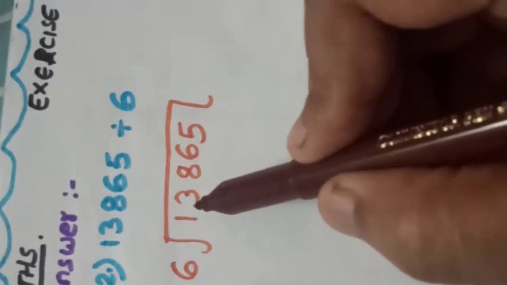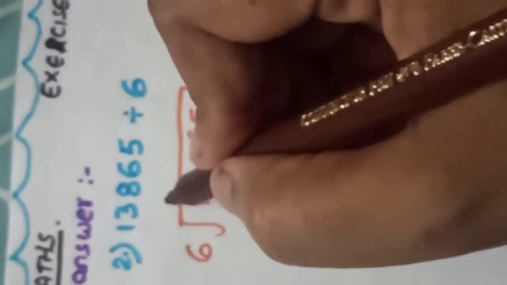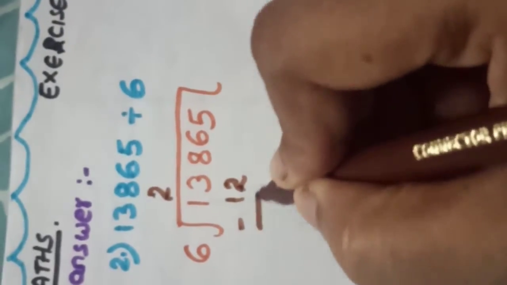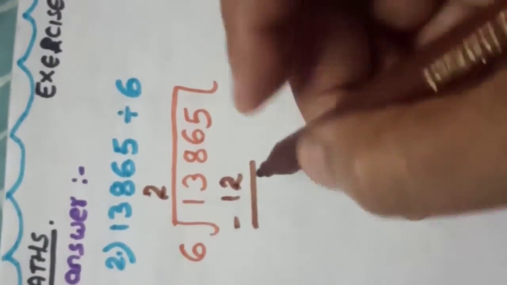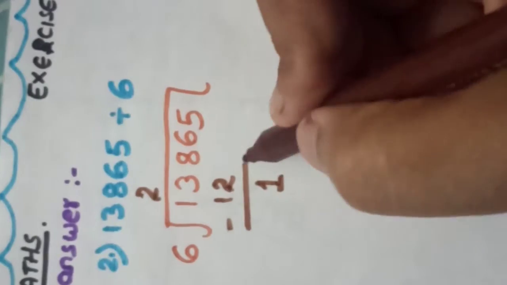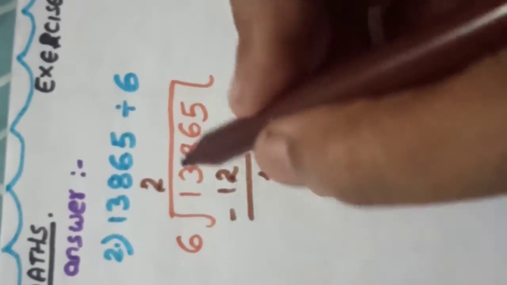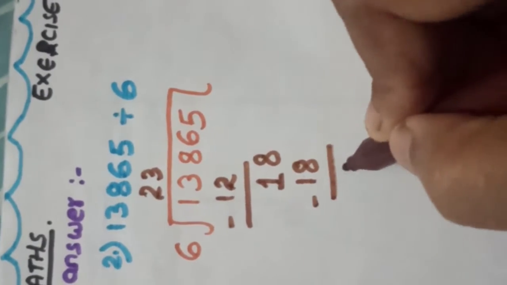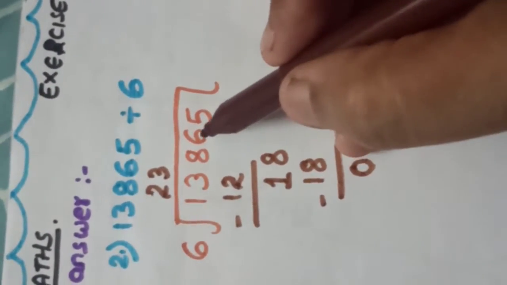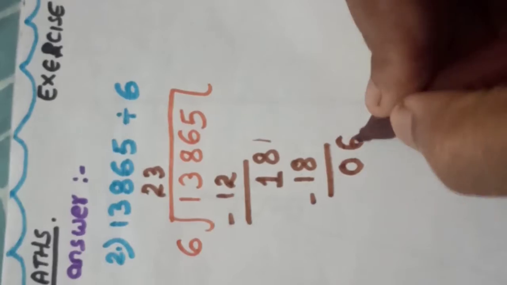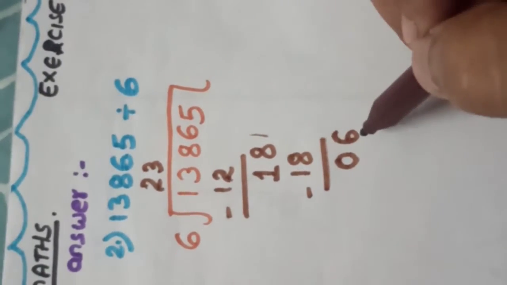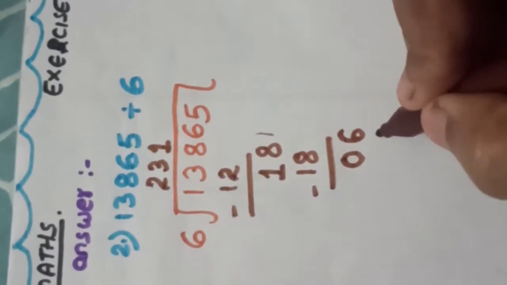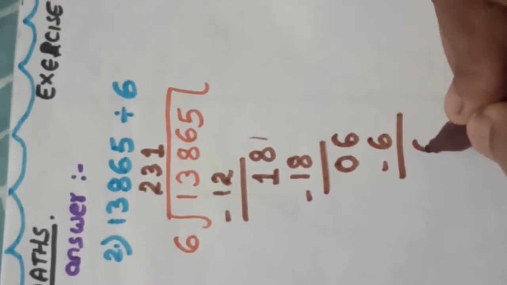Okay, now second part, we will first of all divide this number. 13 we'll take together. Okay, so 6 twos are 12, because 6 threes are 18 and 18 is more than 13. 1 will be left over here. We'll write 18 as it is. 6 threes are 18. Subtract it and 0. Now see, we have to write this 6 over here, right? And we can actually divide this 6. 6 ones are 6. Okay, let us subtract it, 0.